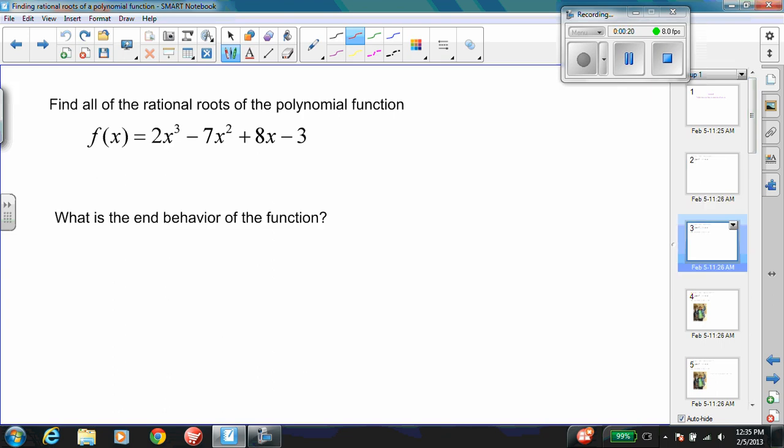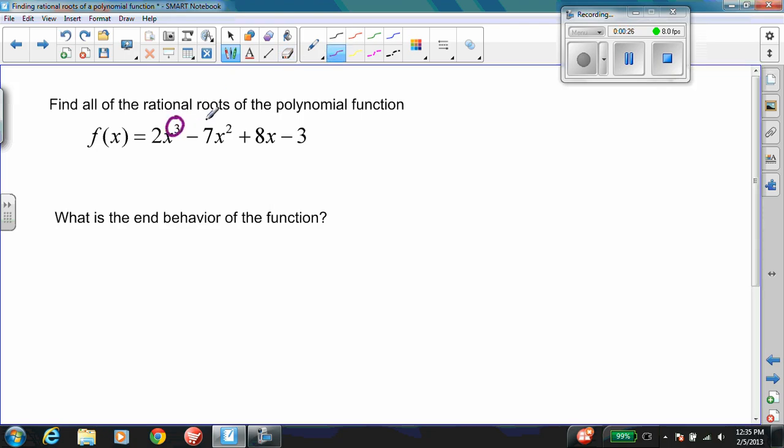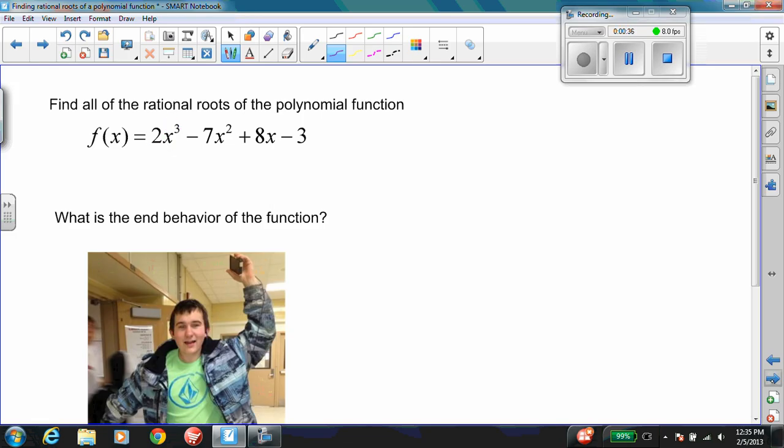What I want to consider first is the end behavior of the function. Now you want to notice that the degree is 3, so the degree is odd, and the leading coefficient is positive. So what do you think the end behavior of this function would look like? I hope that you thought about this. It looks something like this, where your graph